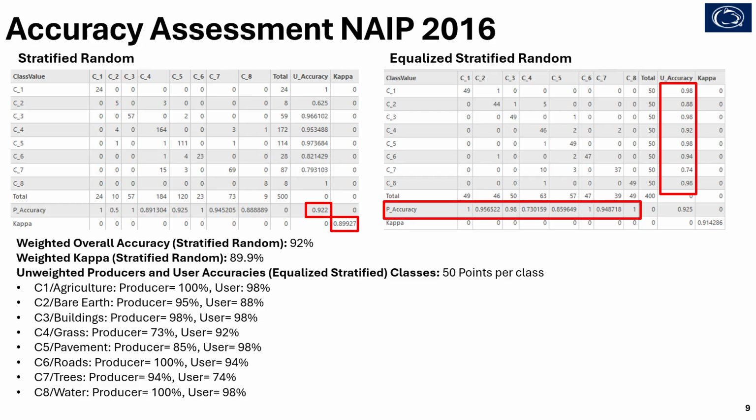The grass, however, had a lower producer's accuracy of 73%, but a high user's accuracy of 92%, suggesting that some real grass areas were misclassified as potentially other vegetation types, but areas labeled as grass on the map were generally correct overall. Pavement showed strong performance with an 85% producer's accuracy and a 98% user's accuracy. Roads as well achieved a producer's accuracy of 100% and a user's accuracy of 94%,